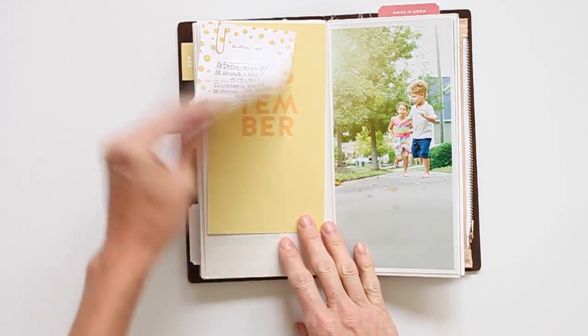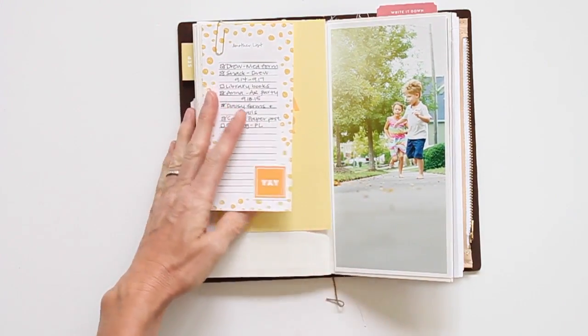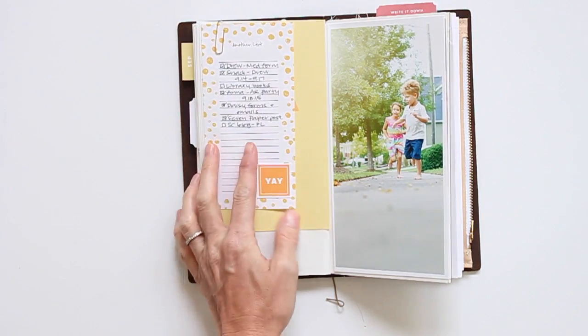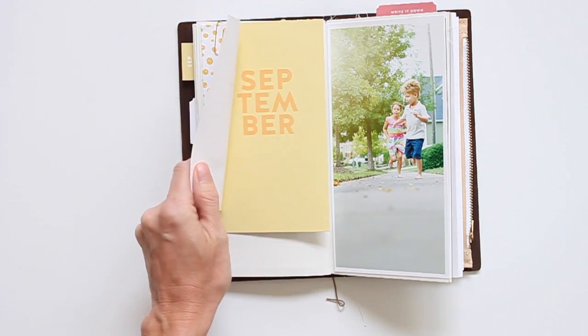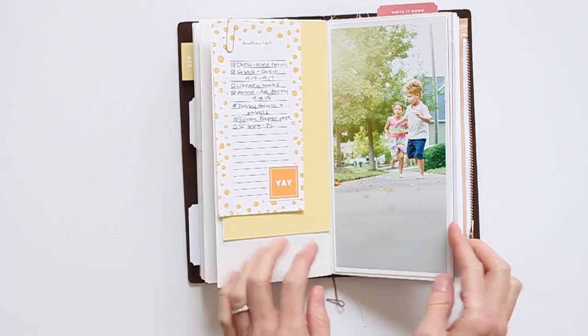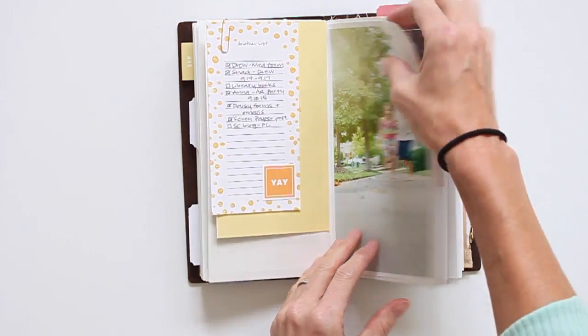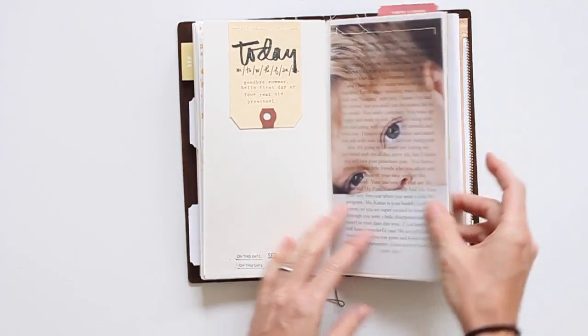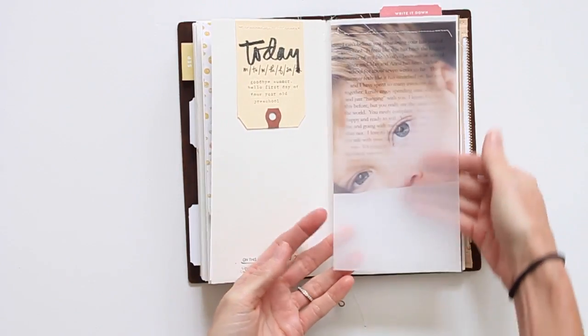Here, this is kind of the end of the album, so this is how far we've gotten in September. Just a little list that I added, paper clipped it in, as well as kind of the planner printable, since it said September, and I love that yellow color. And then this is, I think, the last page, and I just wanted to try something